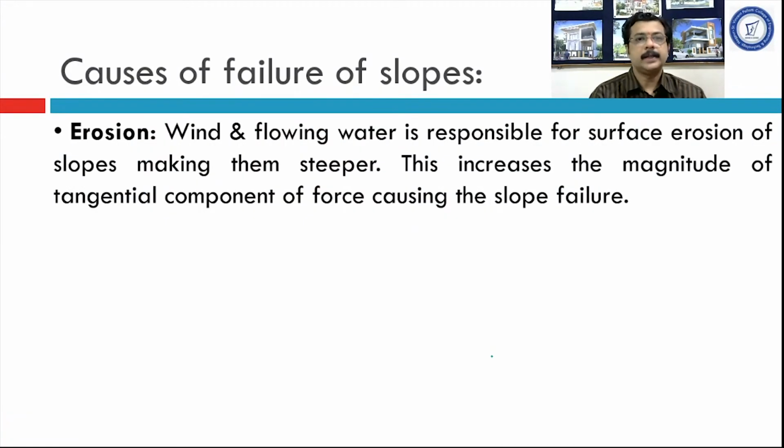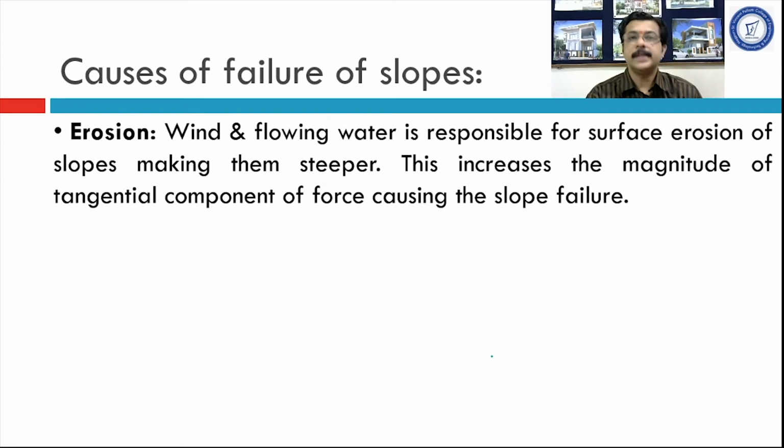The next part is related to causes of failure of slopes. So what are the causes? There are multiple causes we have seen, but these are categorized under two heads. One is increase in the shear stress and second is decrease in the shear strength. Okay, so the factors or the causes which we are discussing now, those are addressing only those two categories, increase in the shear stress or decrease in the shear strength. So let us go through these causes.